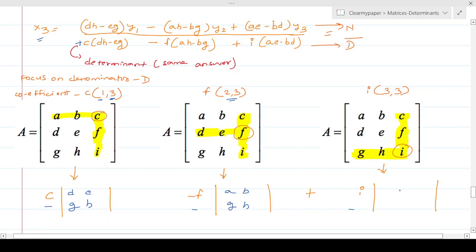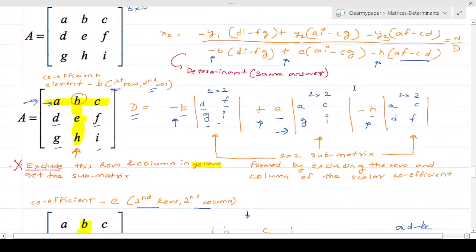Similarly, over here, I will have a 2 by 2 submatrix. And then I'm going to just cross multiply to get this exact denominator. Okay, that's how you find the determinant of a 3 by 3 matrix, by forming the notion of submatrices and all those things. And the beauty is,